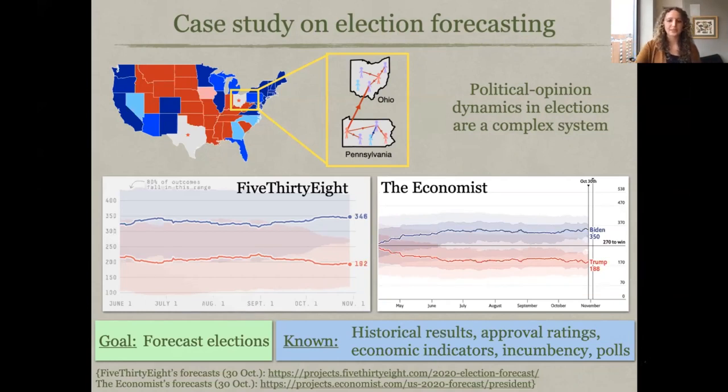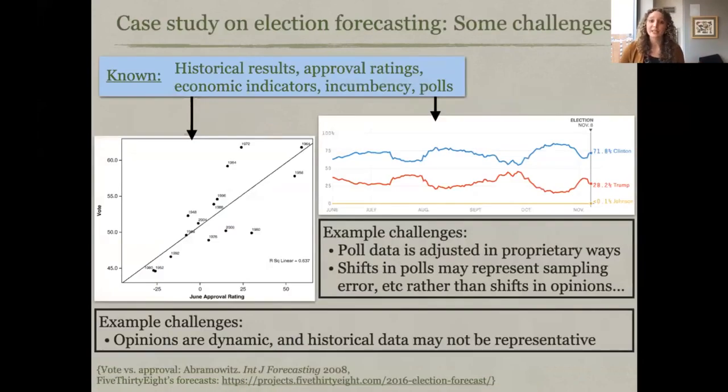So the first thing to keep in mind related to some of these questions is what are the issues with each of these data sets? What should we be aware of? For example, with historical data, here you're showing various votes versus approval ratings for different years. The issue with historical data is that states are changing in time, opinions are changing in time. So just because a state historically voted one way doesn't mean it's going to vote that same way again. So it may not be representative. And for the polling data, getting a representative sample is challenging, related to that question earlier.